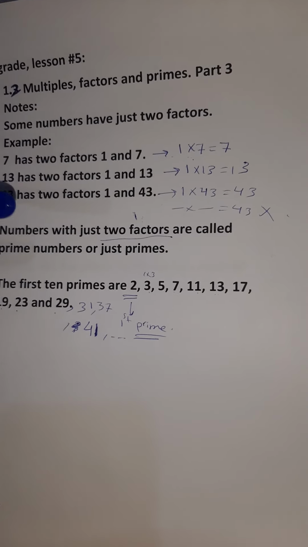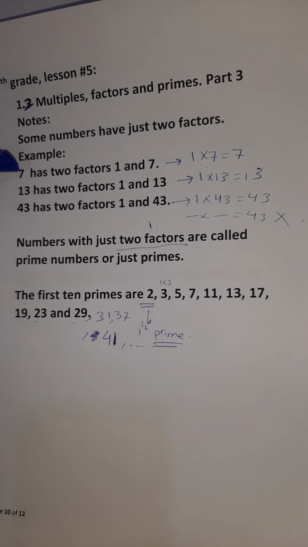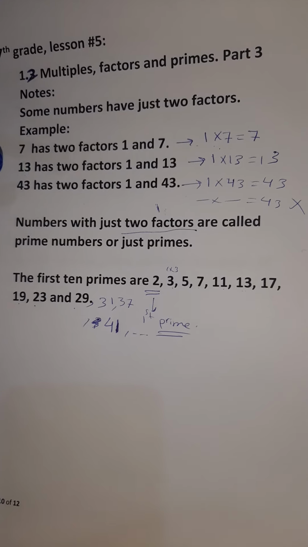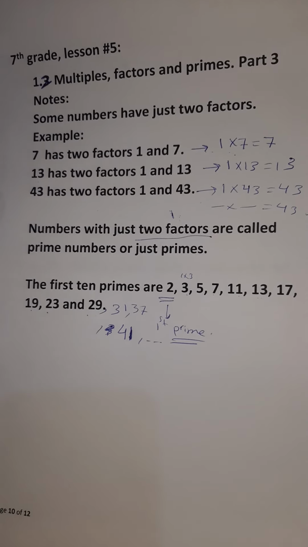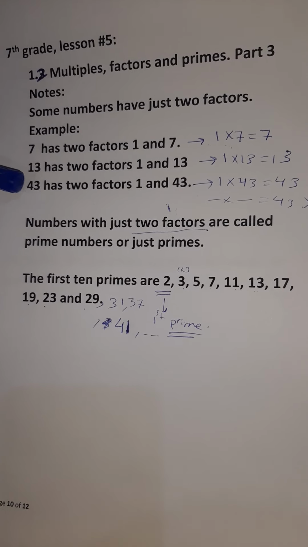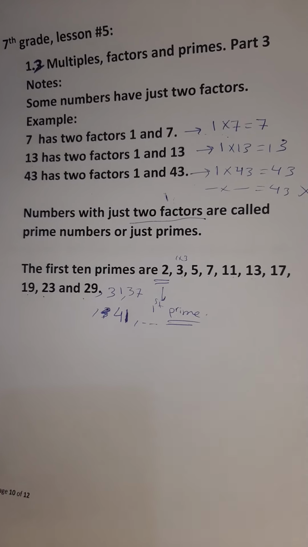So here again, numbers with just 2 factors are called prime numbers. 7 is a prime, 1 and 7, the 2 factors of 7. 13 has 2 factors, 1 and 13. 43 has 2 factors, 1 and 43. Now